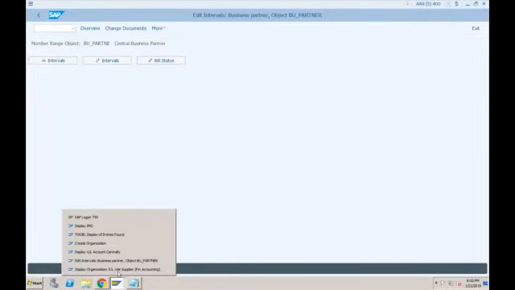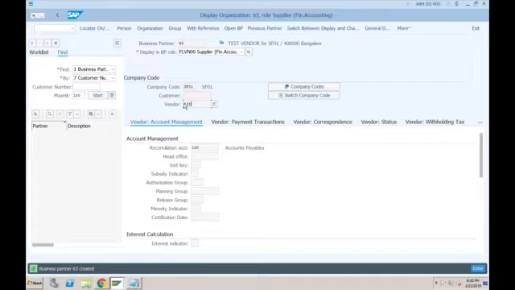Now the second question is, then what exactly is this number? How did this get generated? From which number range? Whenever we create a vendor in SAP ECC, our vendor number was based on what? Which configuration was deciding the vendor number in ECC? Number ranges. But where exactly was that number range? Vendor account group, right? OBS7.